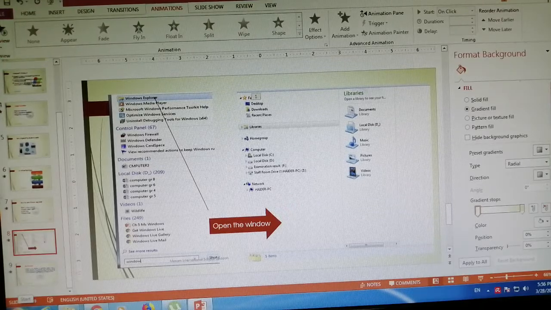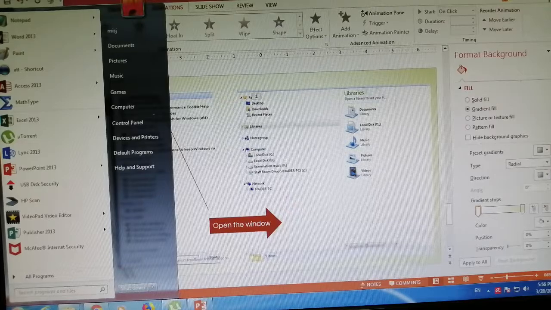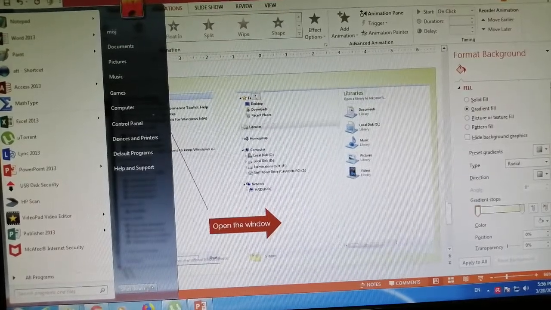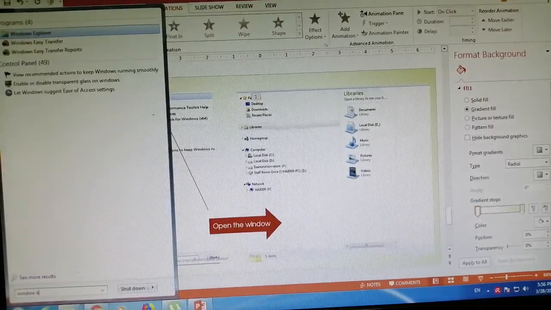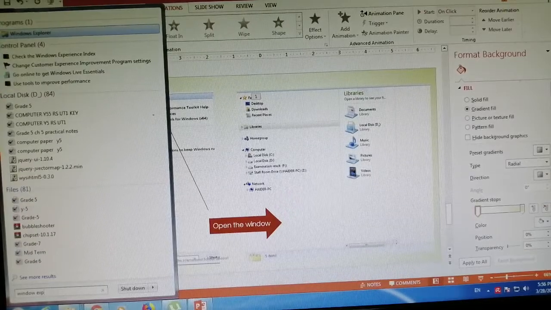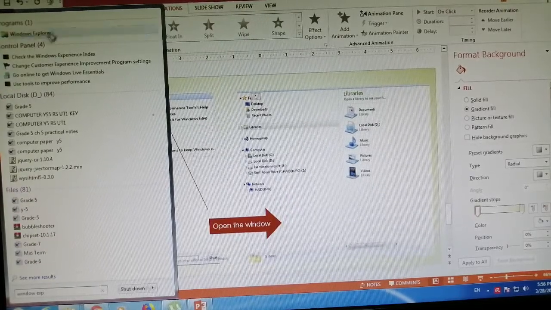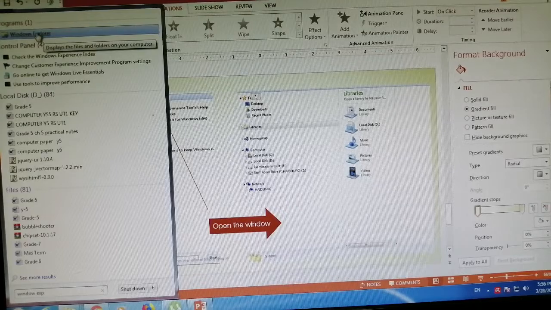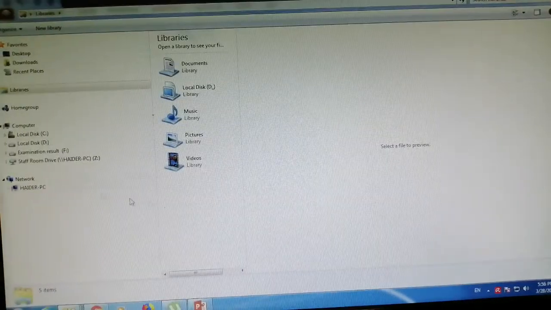So you click on the start button here, and then right here, whatever the window you are using here, Window Explorer. Then you can see here one icon is of the Window Explorer displayed here. You can click on that, and a new window will open. It will show everything for you, the drives, how many drives are here,